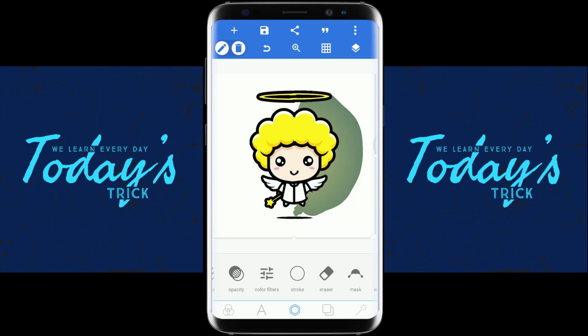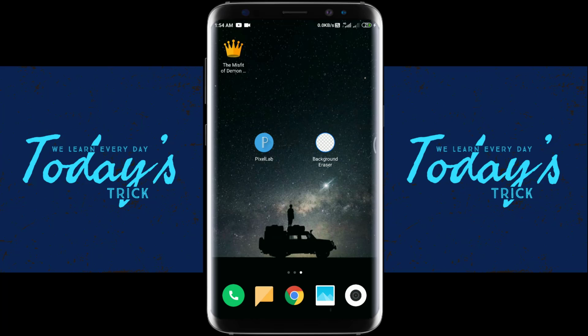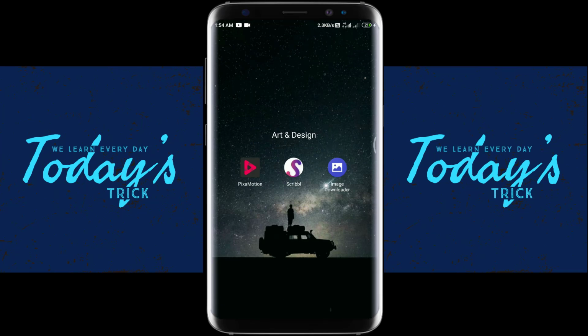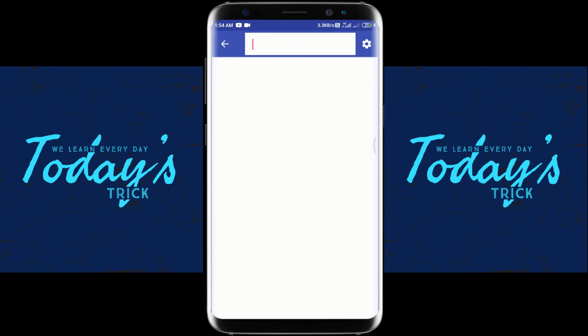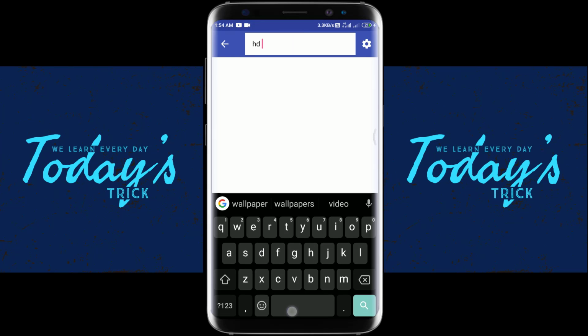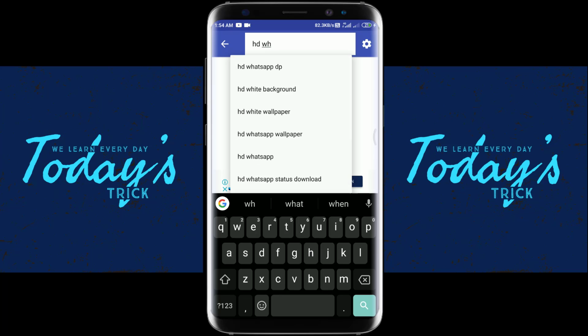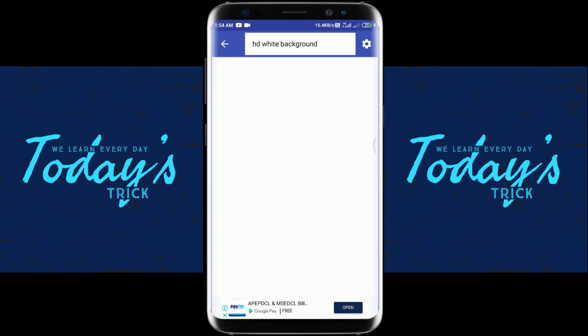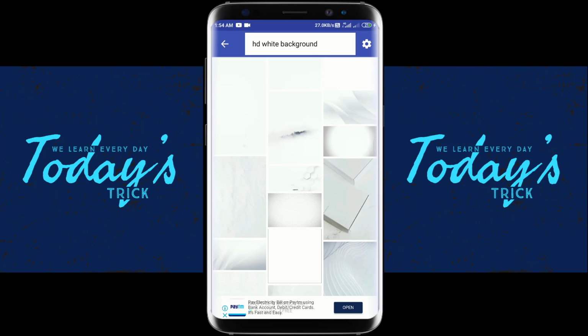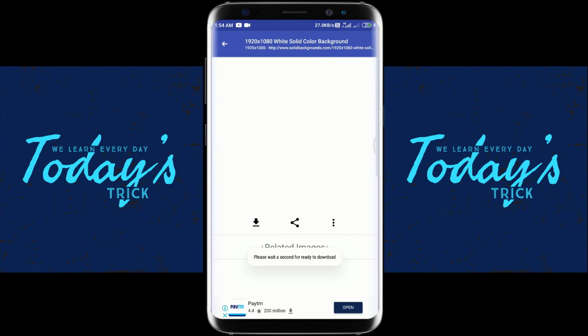As you can see, in order to cover the backside, I'm downloading a white image. In order to do so, I have an app, image downloader. Actually, white background. I can use this one. Download.